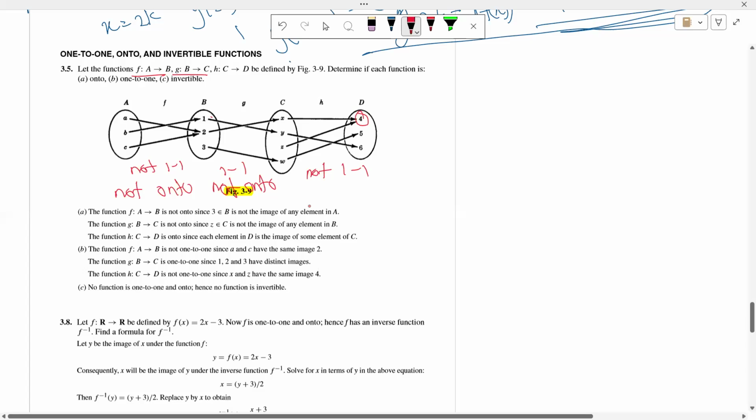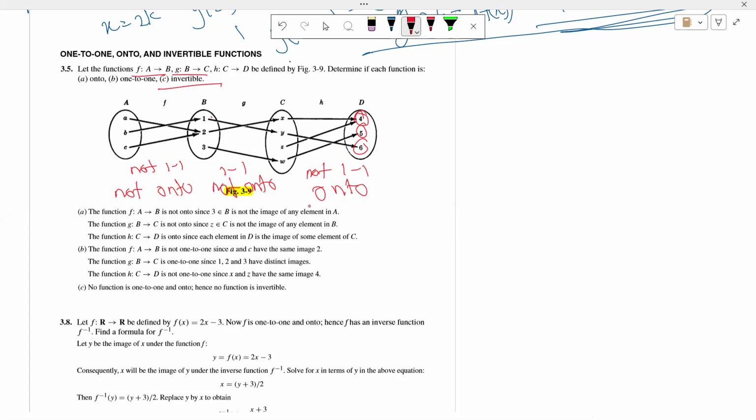If you look at this one, all the elements in the codomain have a relation with the domain. So this is onto. This is onto, right? Here, to check for invertibility, this is not invertible because this is not